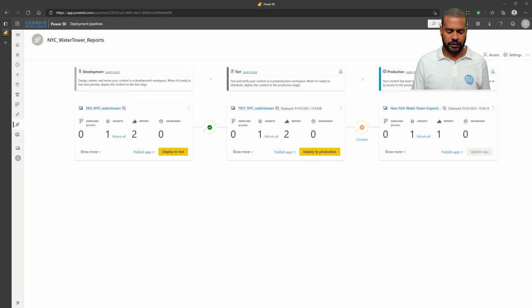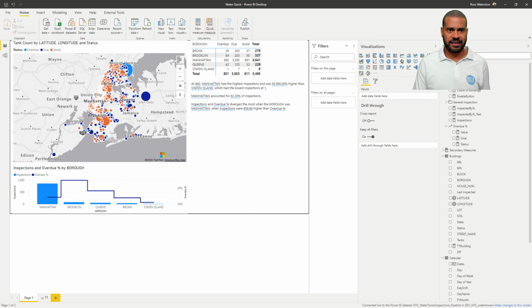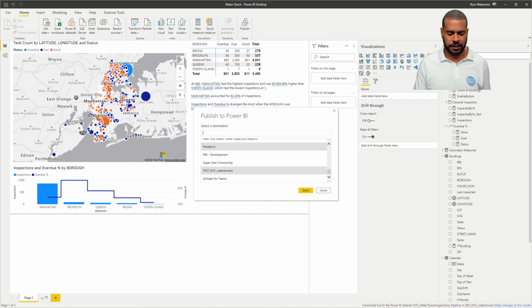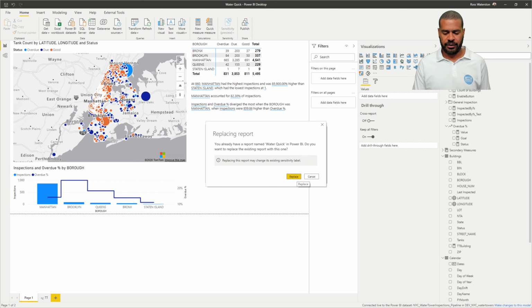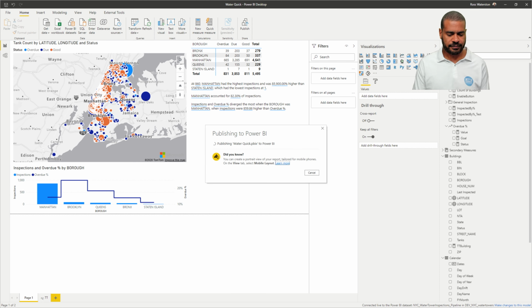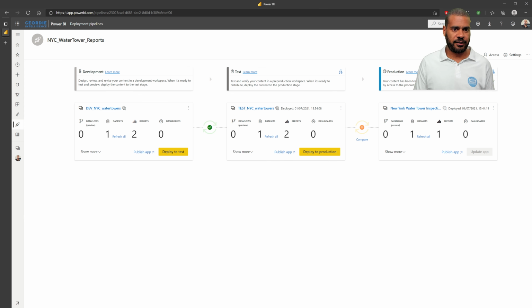It's going to come back. We've got two. Go back to our Power BI desktop. Tell it to publish. This time, let's pick the right one. Pick dev. Select. Replace it. Okay. And now if we come back to our development pipeline, sorry, hit refresh, you see,